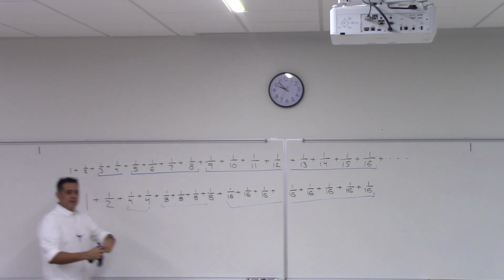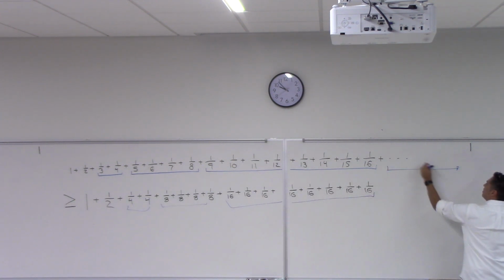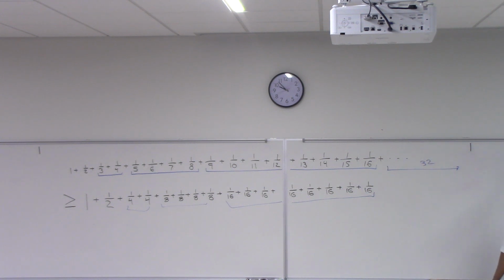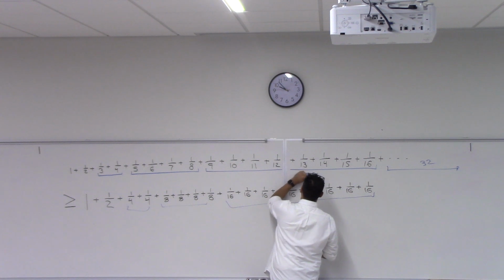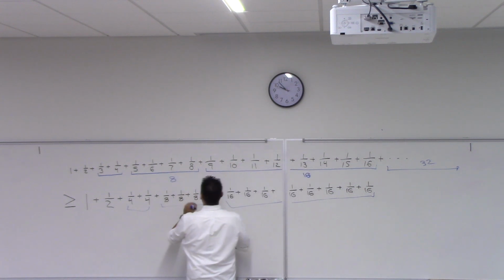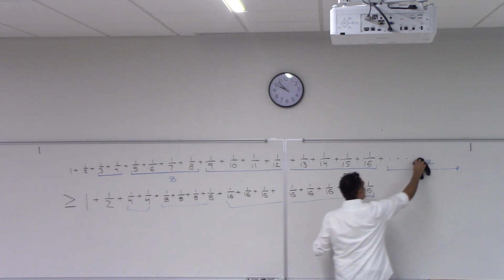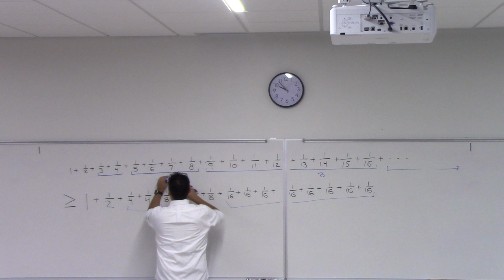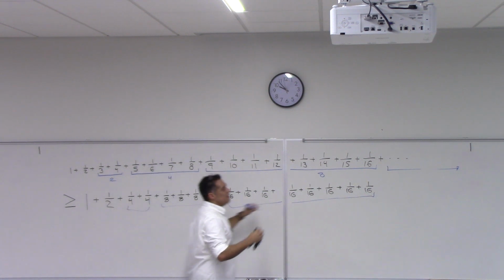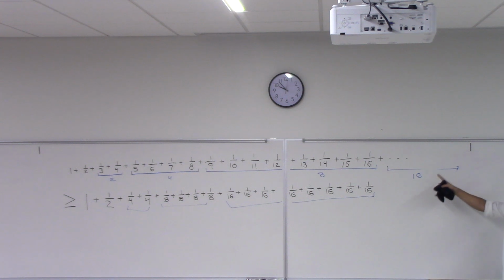Now I'm going to take the next what? How many of them? I'm going to take the next 32 of them, right? I took 16 here. Wait a minute, hold on. Sorry, I messed up. This was 8, right? This was 8. This was 4. I took 4 of them here. I took 2 of them here. Next would be 16. If you said 16, sorry. If I take the next 16 of them,